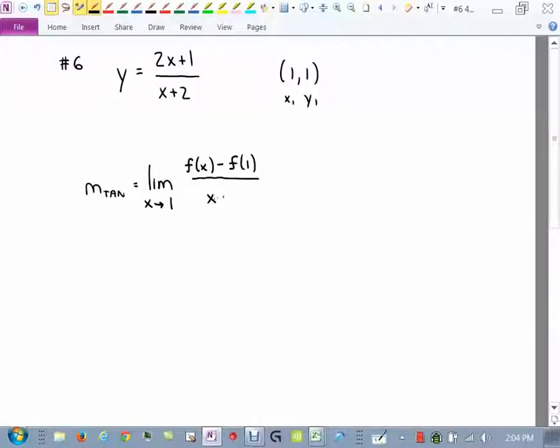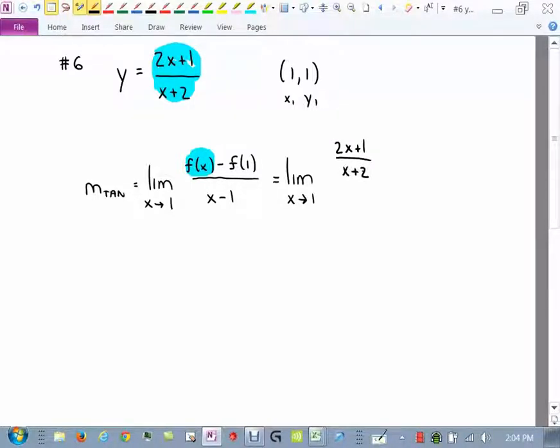which is 1. So let's use that one. Let's just see where it takes us. So I get the limit as x approaches 1 of f of x. That's my top left corner here, f of x. What is f of x? Well, it's this. So I'm going to write that whole thing down as a fraction: 2x plus 1 over x plus 2